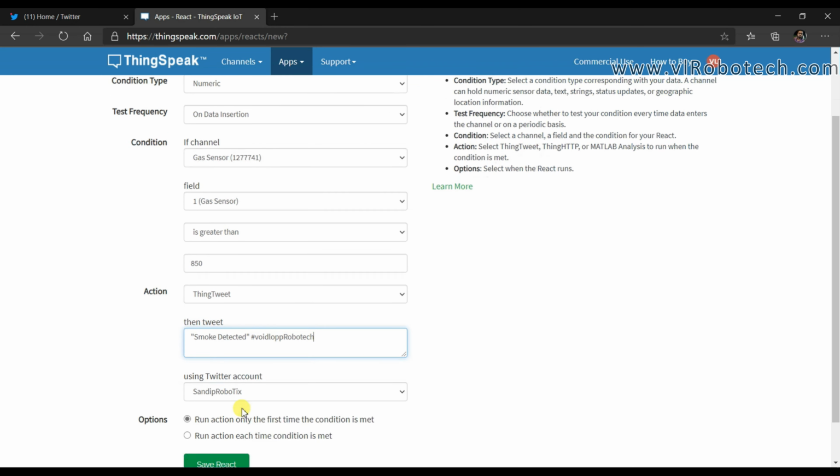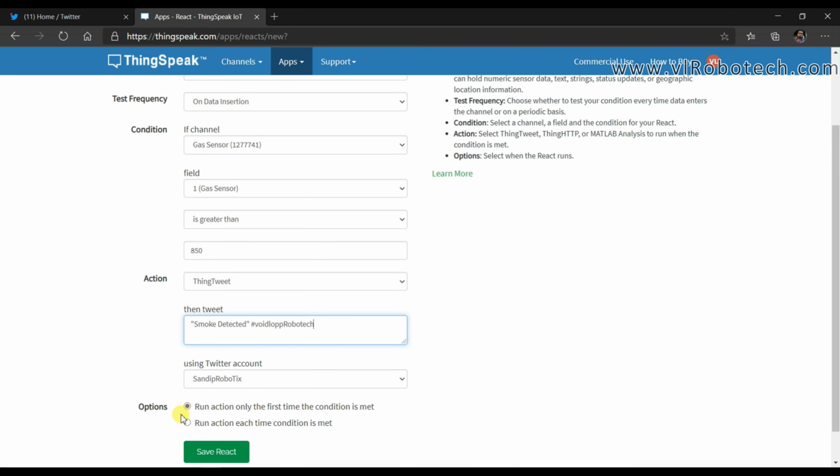Okay, now it will be posted. Save React.